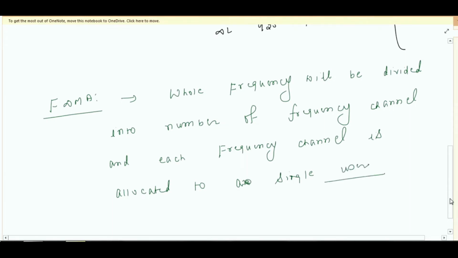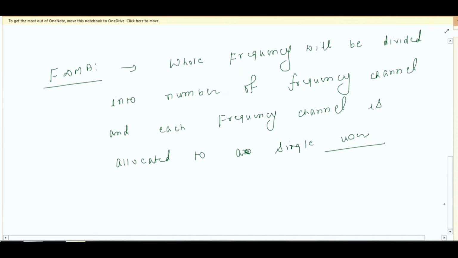So the total number of frequency channels, or we can say the max number of users that can be allocated. So we have total bandwidth in GSM, that we see as spectrum, that is 25 megahertz in uplink,